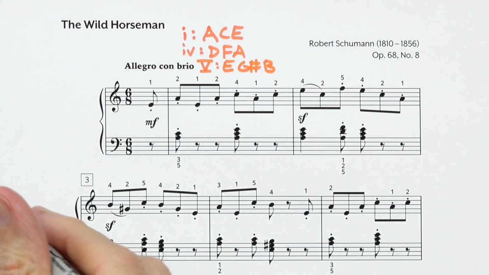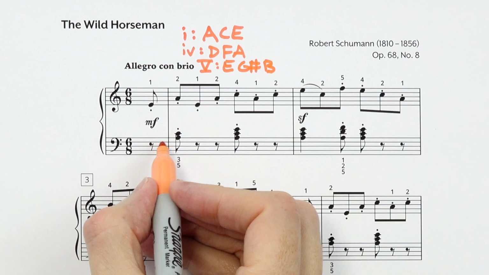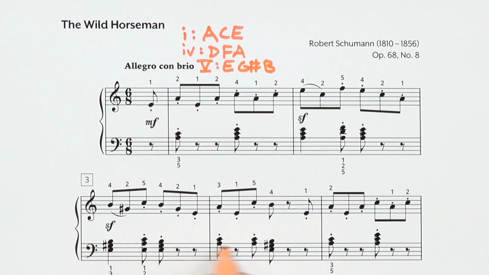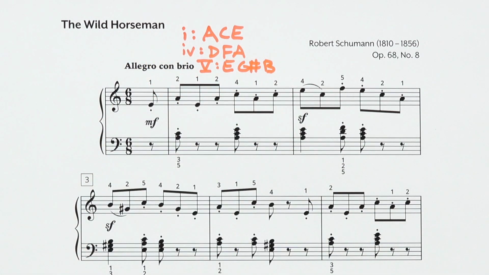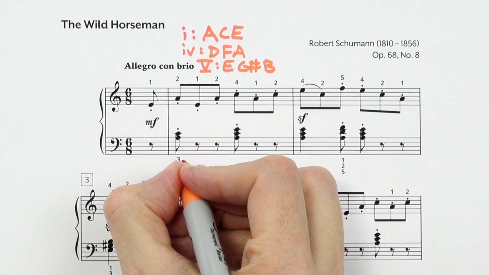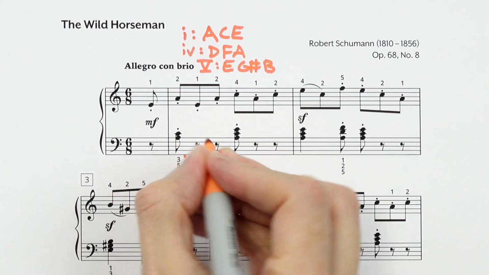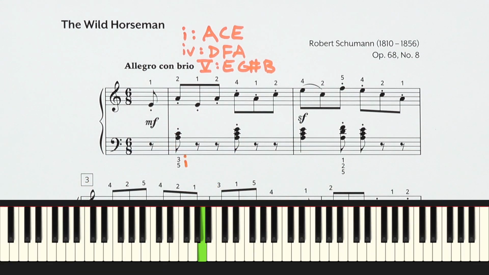Now, I'd like you to pause the video and mark all the chords of the left hand. Figure out, is it a 1 chord, is it a 4 chord, or is it a 5 chord? If you'd like, I'll do a couple with you, or if you don't want any help, you can pause the video. But basically, you're going to go through this first chord.